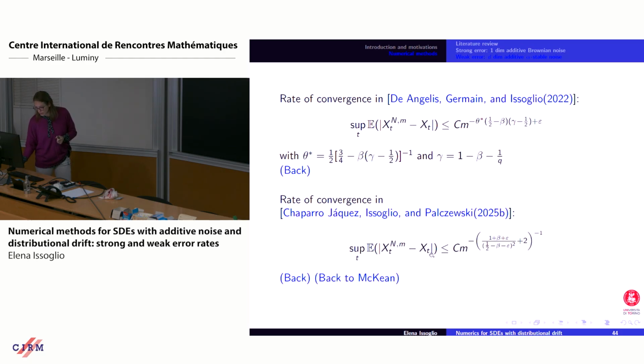Sorry, where is it? Here. No, sorry. The rate is not the same, but because there is no Q. But also it is not nice. There is this power 2 and, well, not optimal. Again, when beta is 0, we get 1/6,